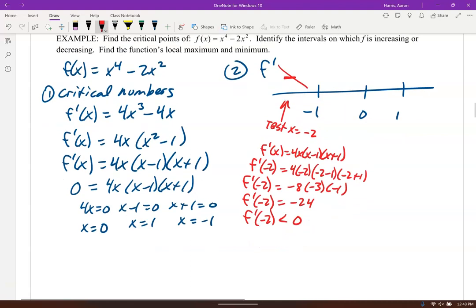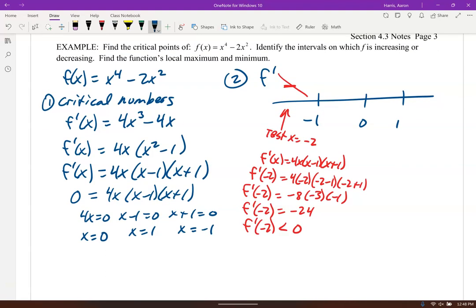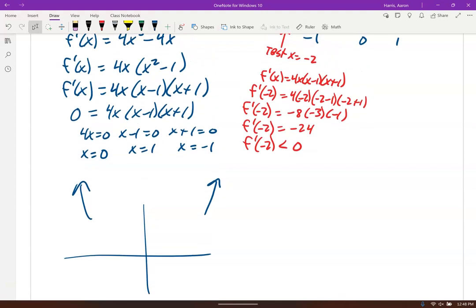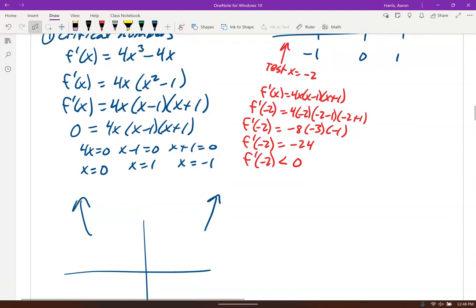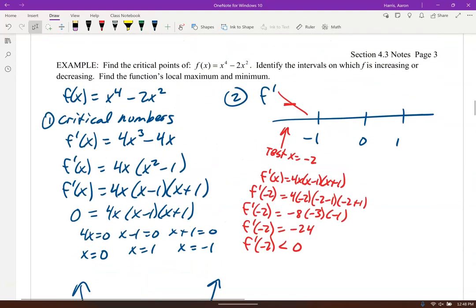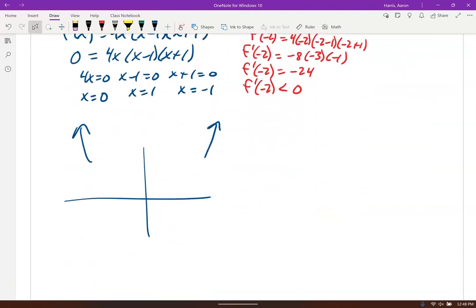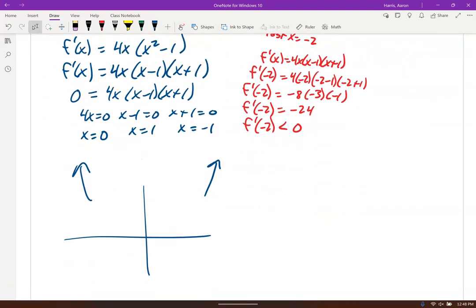If you want to think about it graphically, I know we haven't done the graph on this, but this is an x to the fourth function, so it goes up and up. It's a fourth degree, so from your pre-calculus, you have at most 3 turning points. And at 0, 1, and -1,